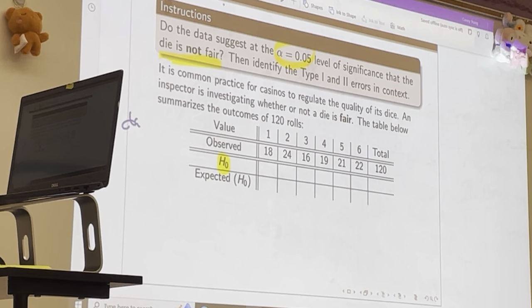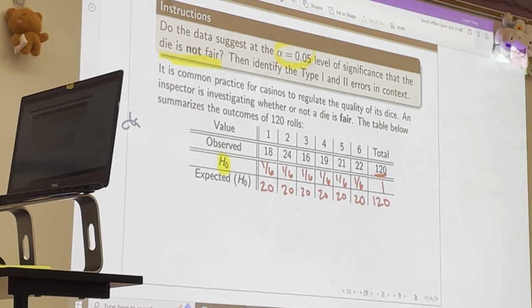20 each, right? So that's the expected counts. If there's 120 dice rolls, and I assume under the null that the dice is fair, then I should expect equal numbers of rolls in each of these values. So 120 divided by 6 is 20 each. Under the null, I will assume that each value will occur with equal probability, which is 1/6 across the board. Okay, that's under the null